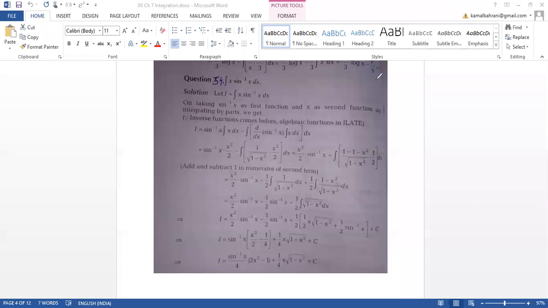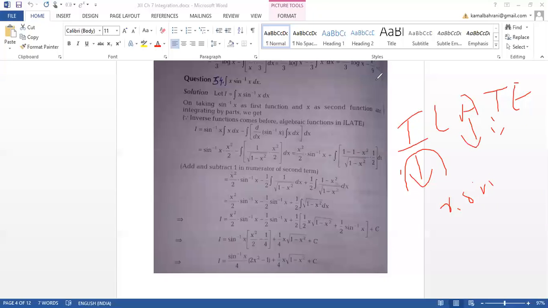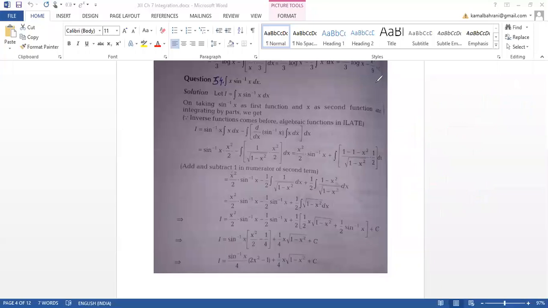Very good. Mohammed, x will not be taken first as sine inverse is there. If we are having sine, then the case will be different. But when we are having sine inverse, ILATE, I means what? Inverse function. Inverse function will always come first. Clear? And if we are having x sine x, then obviously the algebraic function will be taken first and the trigonometric will be taken second. But if we are having sine inverse and this, then obviously sine inverse will be taken first and this will be taken second. Yes, any other problem?